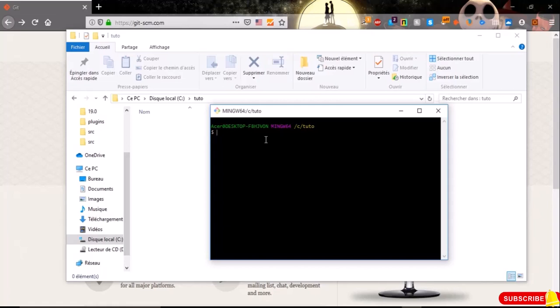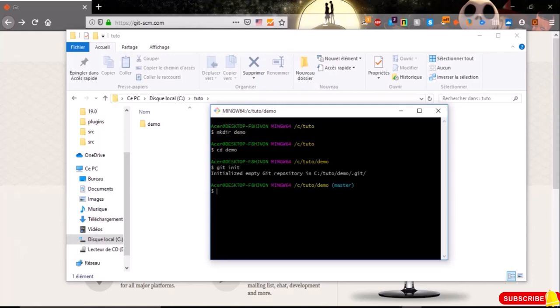It's just like the Linux command line: mkdir, and for example let's name it demo, and it's created. Now let's go to this directory, demo, and to initialize it with Git, we will execute the command git init,